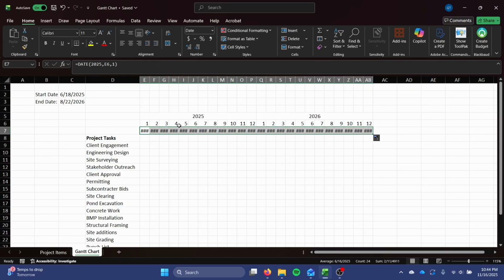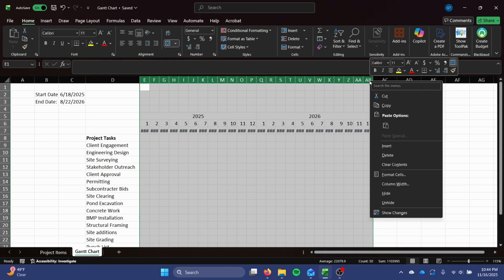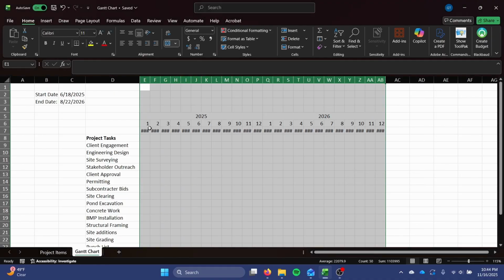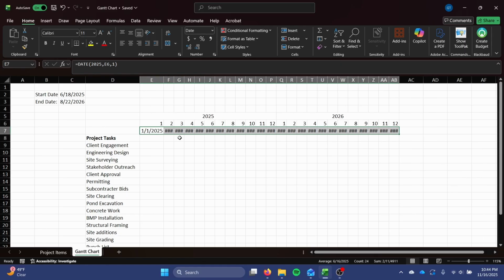And right now you can't see anything because it's not fitting. So I can decrease the text size here. Doesn't look like that's going to work. So I might increase the column width here to see if that will work. What does it need to be? So it's showing up in a large format. I don't want it to be that. I want it to just show the month. I'll highlight these cells,